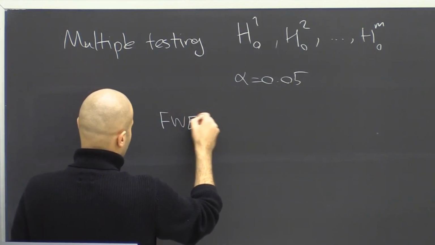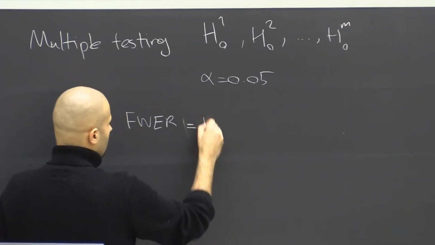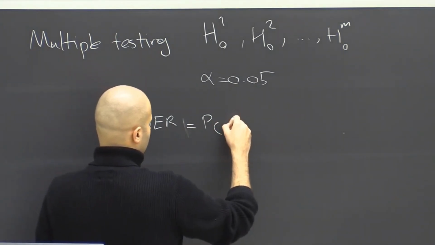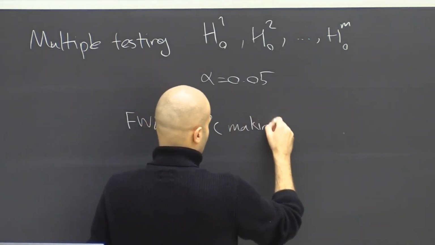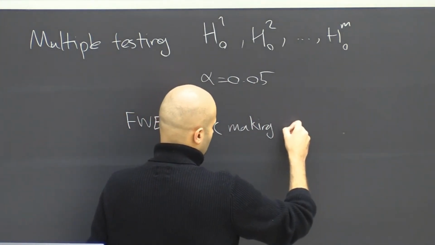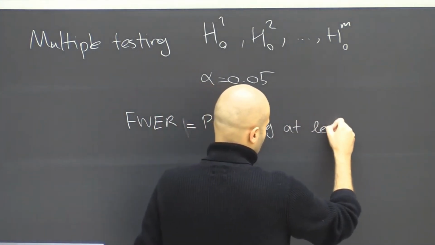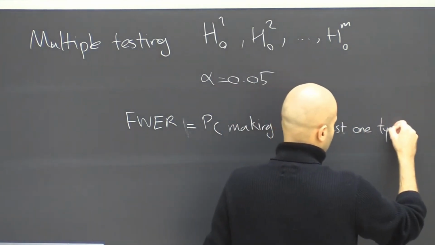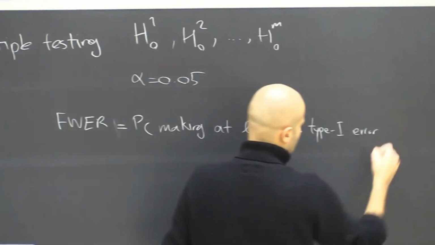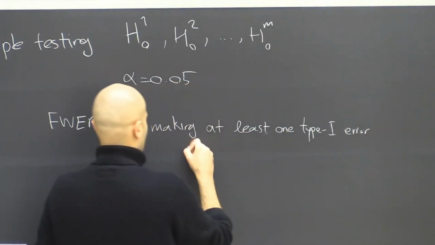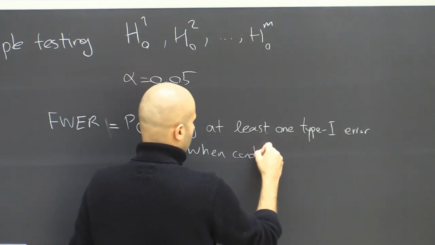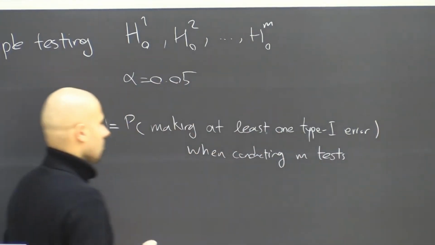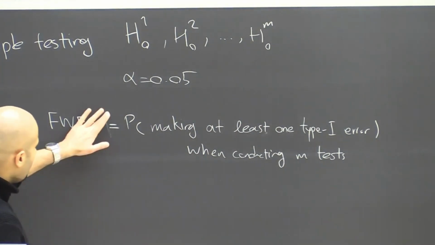So let's define family-wise error rate as the probability of making at least one type 1 error when conducting m hypothesis tests. So this family-wise error rate,